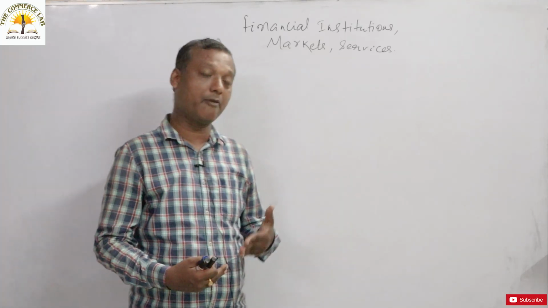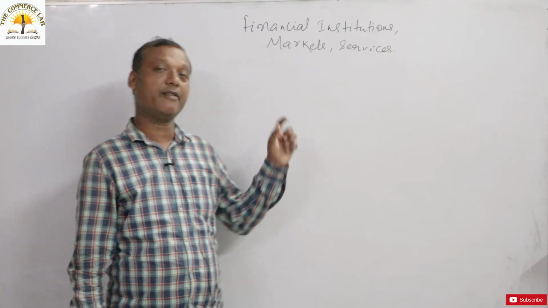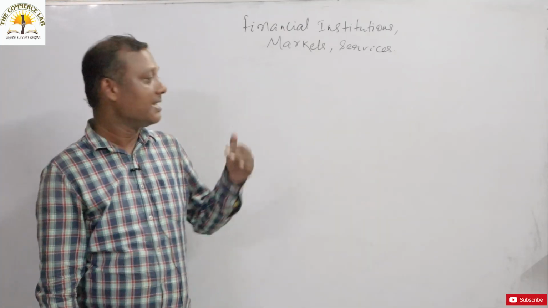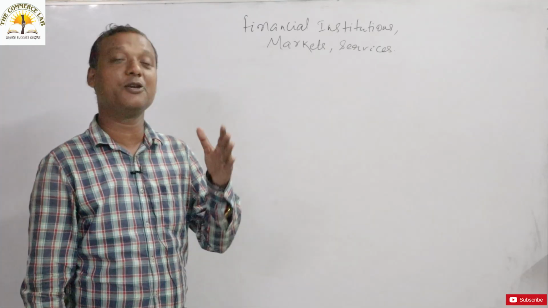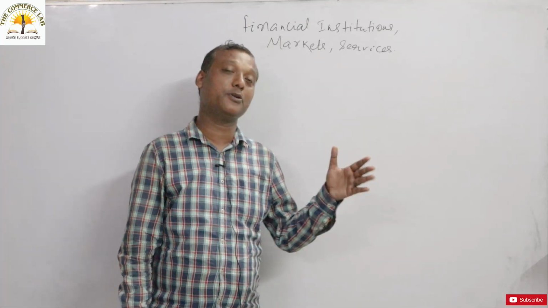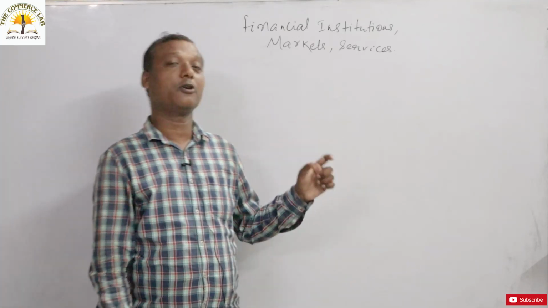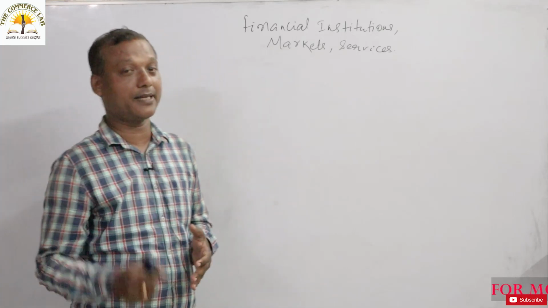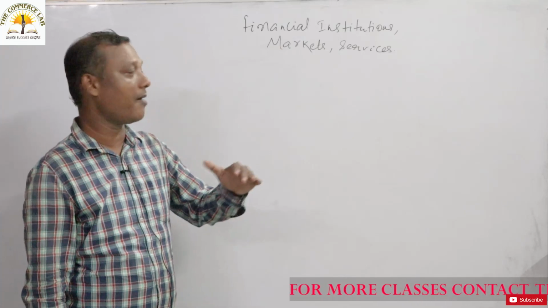I am repeating once again. Chapter 1 deals with the financial system, services, functions, and structure of the financial system. Chapter 2 deals with the capital market. Chapter 3 deals with the money market: the introduction, features, and functions. Then you move to chapter 4, which will focus on the money market, its challenges and issues. And in the last chapter, unit 5, we will talk about the Indian debt market. Like that, our course will progress.